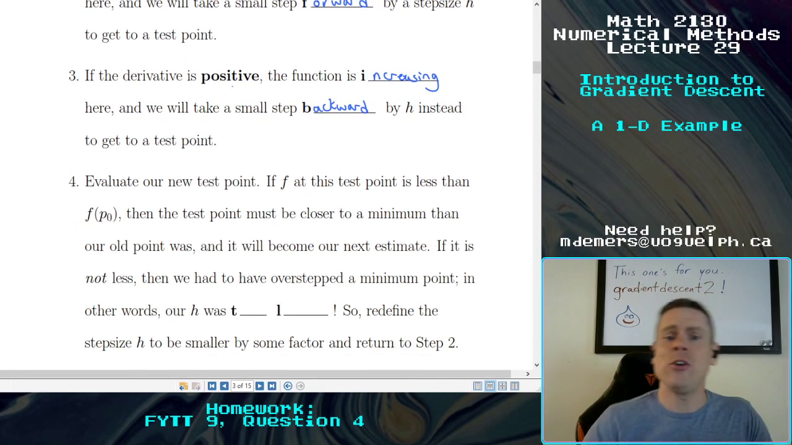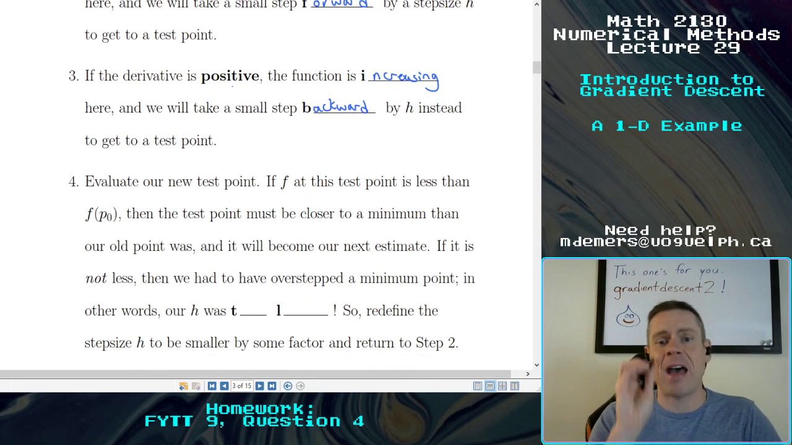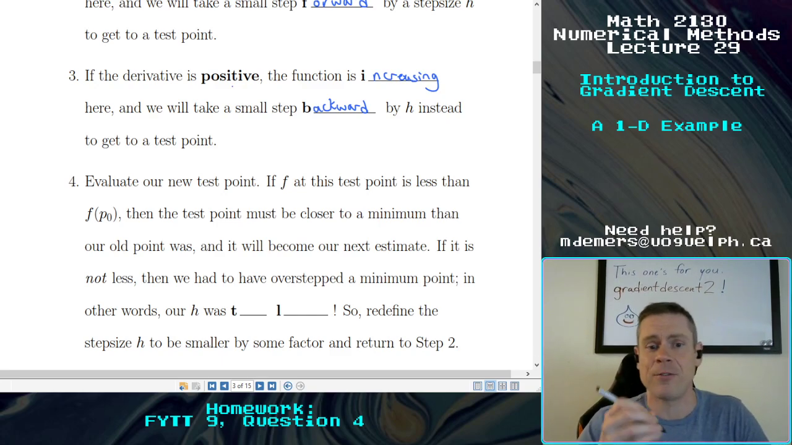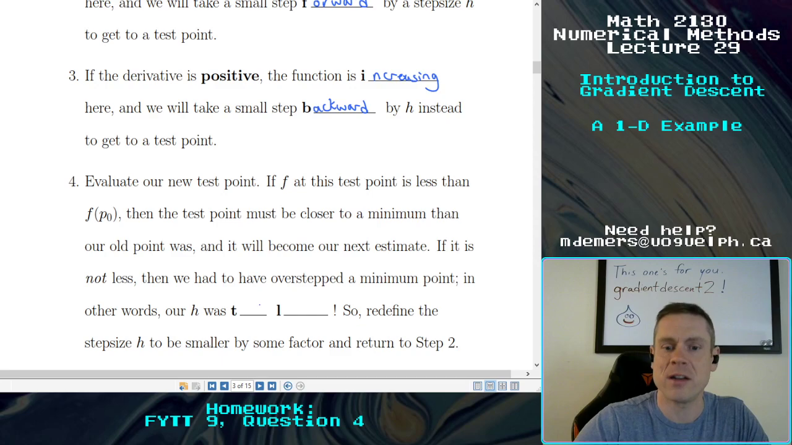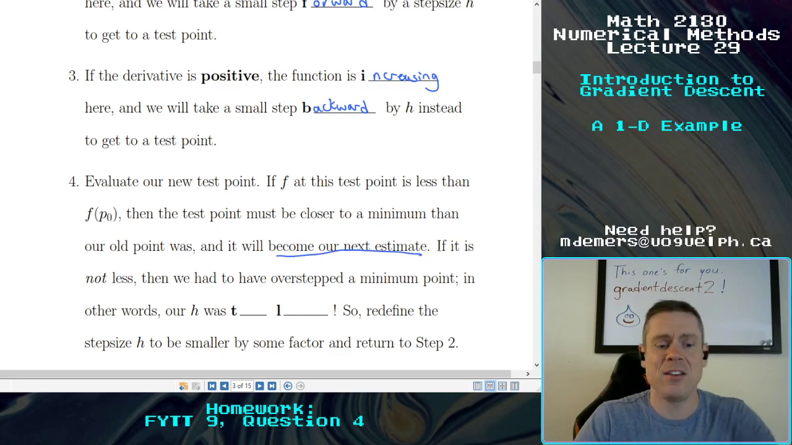So you evaluate your new test point, and if f at that test point is less than the f of the point you're at, then that means that the test point is closer to a minimum than our old point was. That becomes our next estimate. Okay? If it is not less,